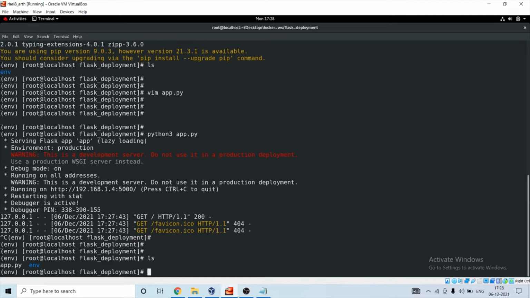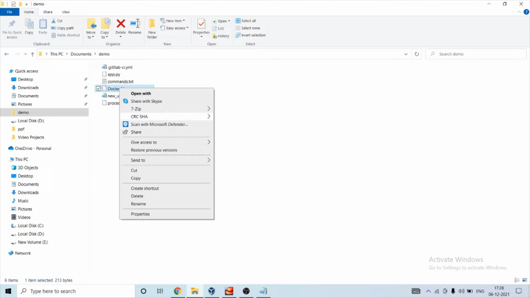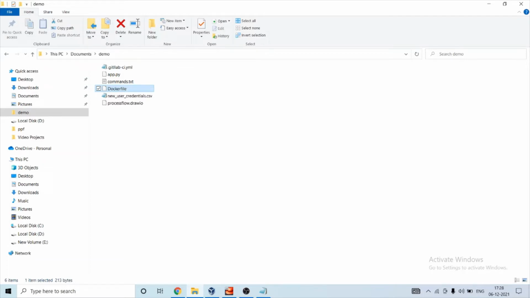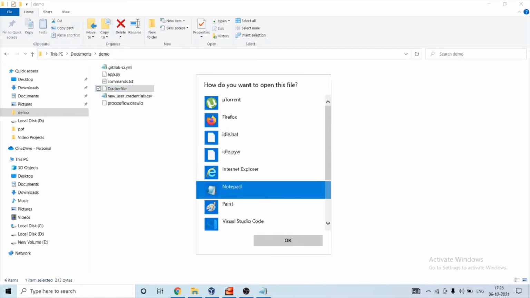What we will do, we will create a Dockerfile. I've already created a Dockerfile. I will explain what I've written inside it. Open with Notepad.